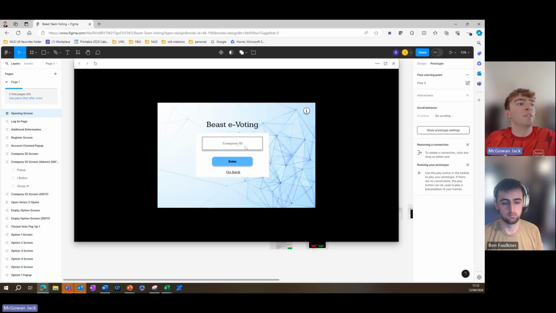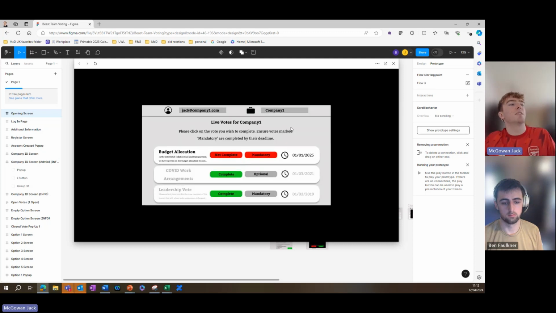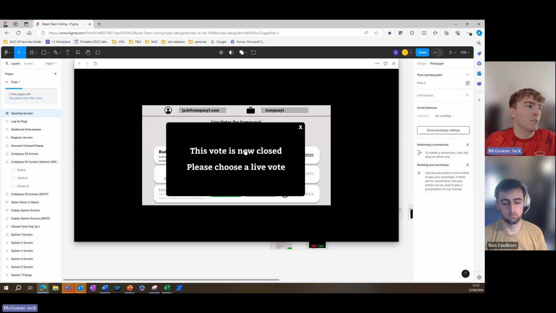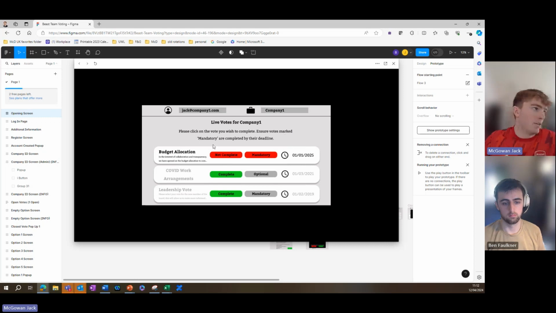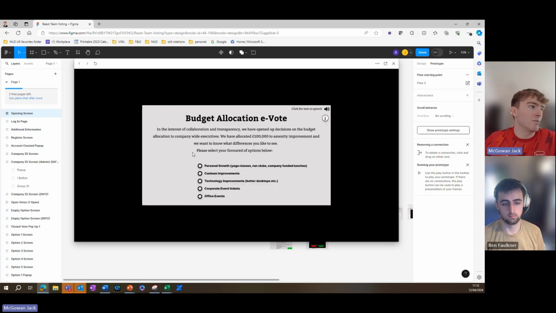Once you have entered your company ID, you press enter and you come to this sort of menu page where all of your previous company votes will be available. As you can see, if we click on one of the older votes, the vote is now closed. Please choose a live vote, so that does not work. But on clicking the budget allocation vote, it brings you to the real voting page,